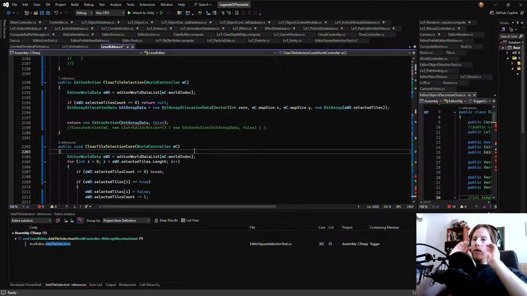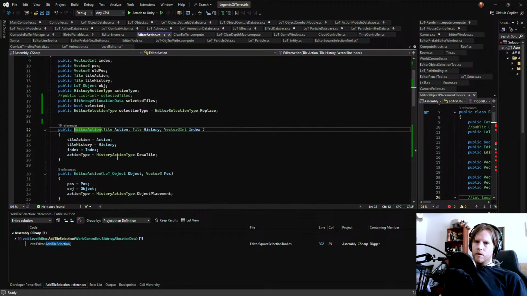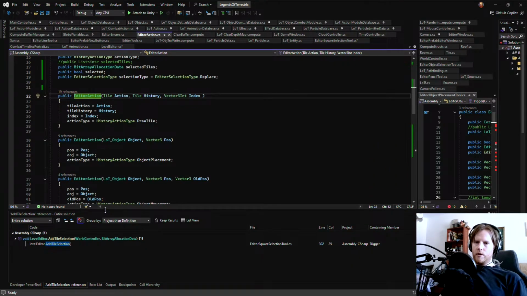But I'm not really sure how to structure it. Like, do I make an action that's just inherited from it? But in that case, how do I structure that? It would need like its own internal execute. Because this is ass. It's genuinely just ass.